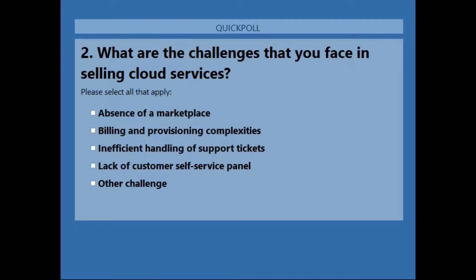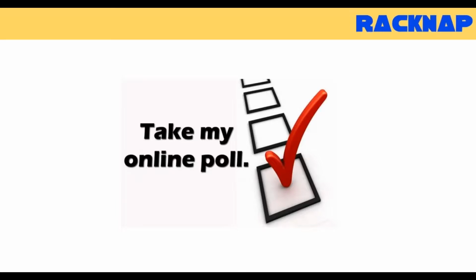Has some interesting responses coming through. For example, absence of a marketplace, because you want to have a low touch business model where you want to have some kind of a volume business where the marketplace is there, and customers come in and make a purchase automatically. Otherwise, as you start growing your business, billing could be a big challenge as well. So I'm very keen to understand all of that, what are the key things which happen at your end.